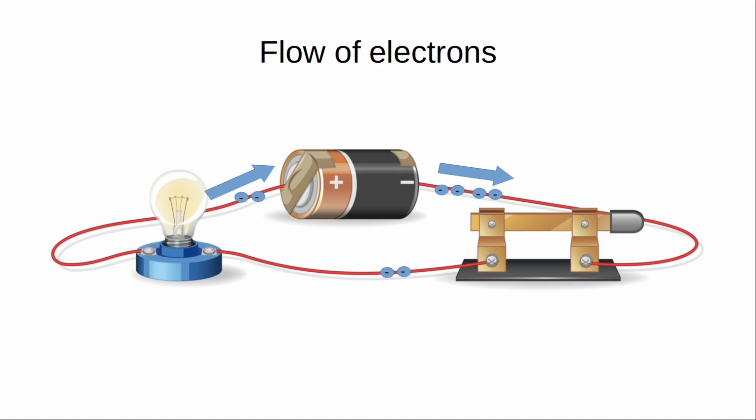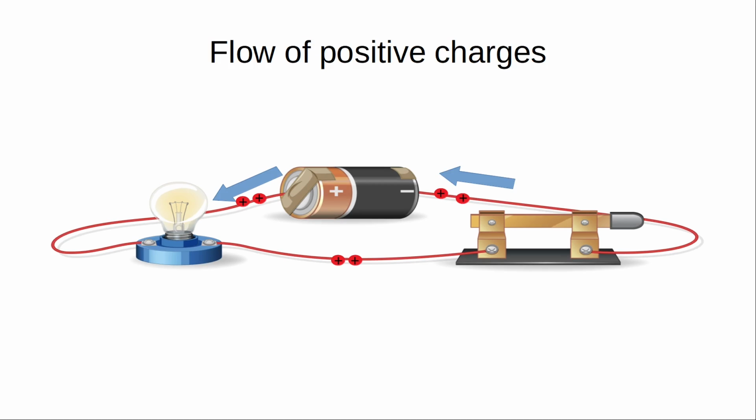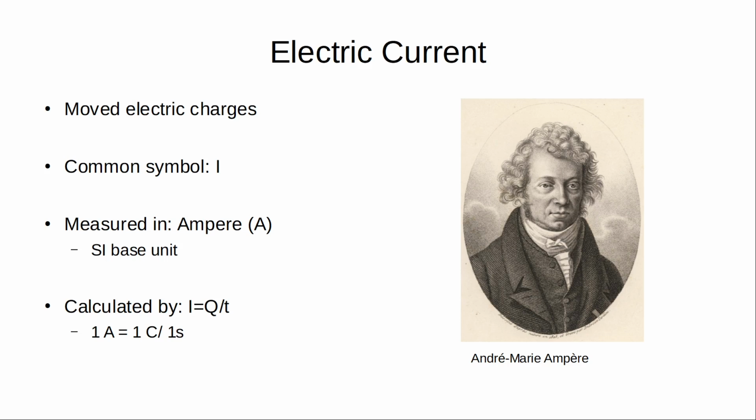The electric current is given by the moved charges per time frame. Even though the electrons or equivalently negative charges move from the negative to the positive side, one could say that positive charges move from the positive to the negative side. This is in fact known as the conventional current and mostly used in practice. The electric current is nothing more than moved electric charges. The convention is that current is moving from the positive to the negative side.